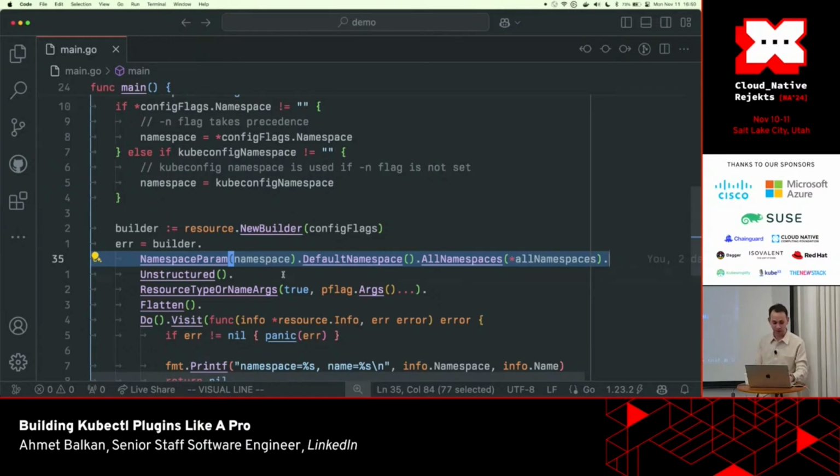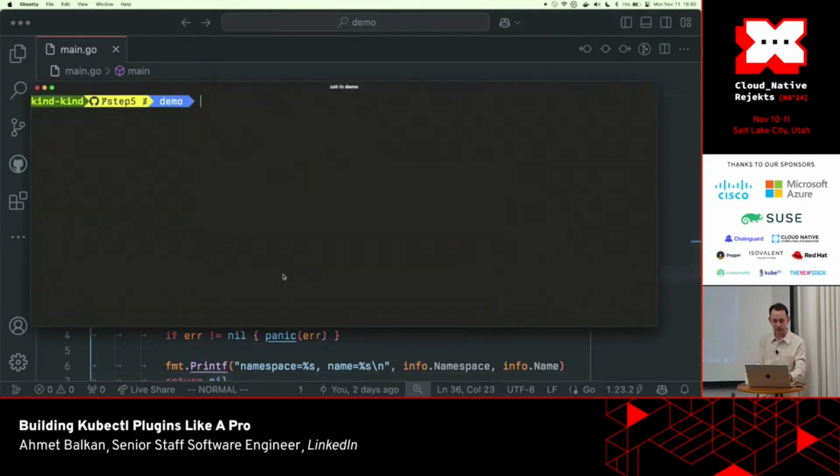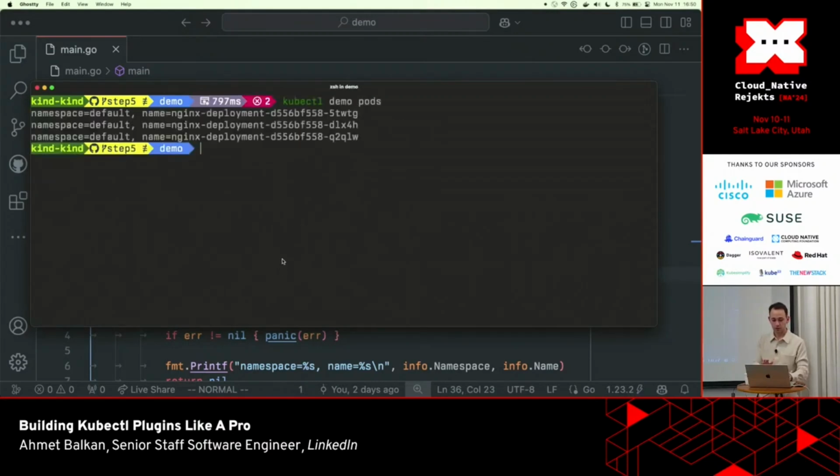So let's try that real quick. I'm going to go to my terminal, go install, kubectl demo. Yeah, kubectl demo pods. There you go. Because I was in the default namespace, that thing works. If I do -n kube-system,